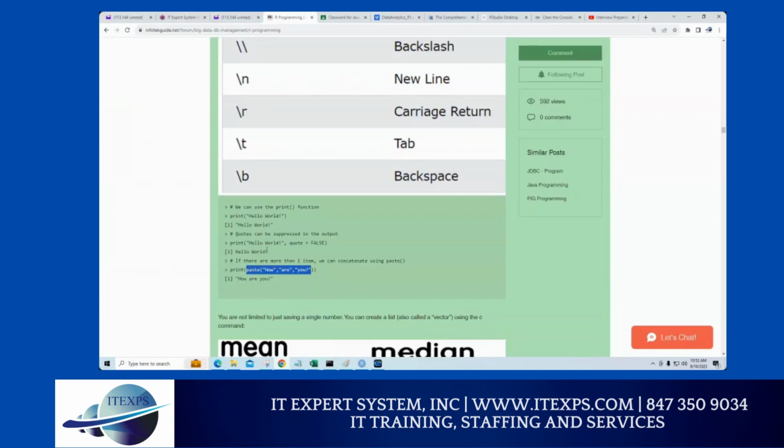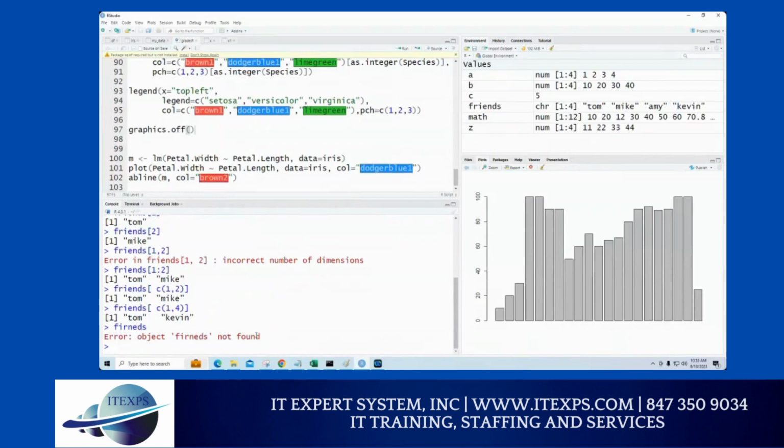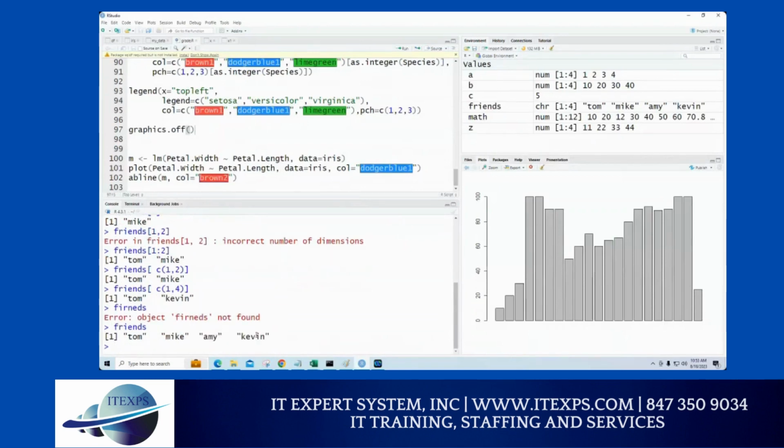So if you want to combine certain things, you can use paste here. Let me show you. Right now, if I say friends, F-R-I, friends, sorry, my mistake on the spelling, I get all my data. But if I use, let's say, paste, I can say friends,